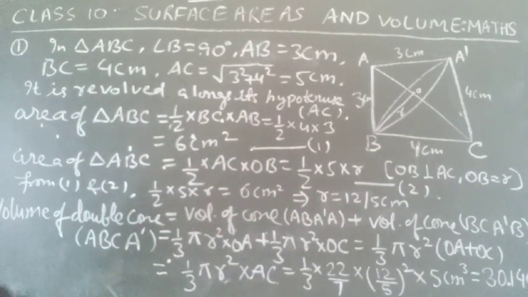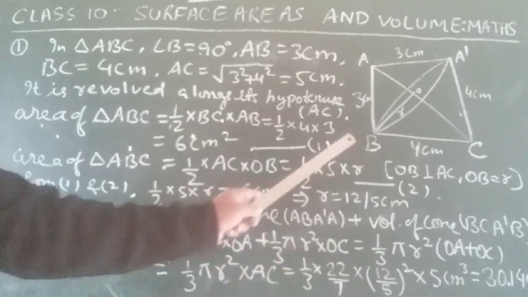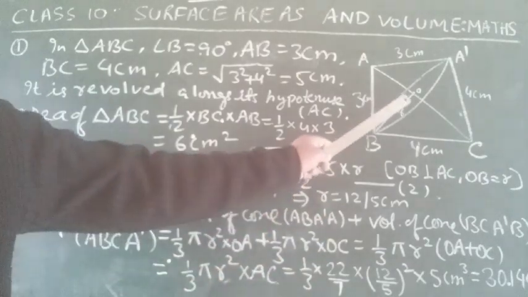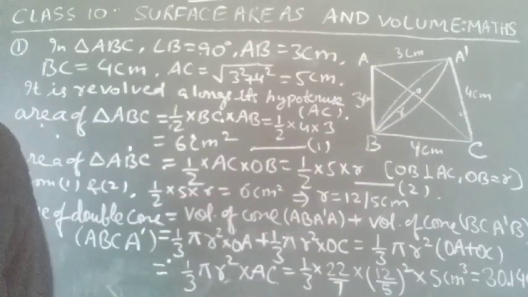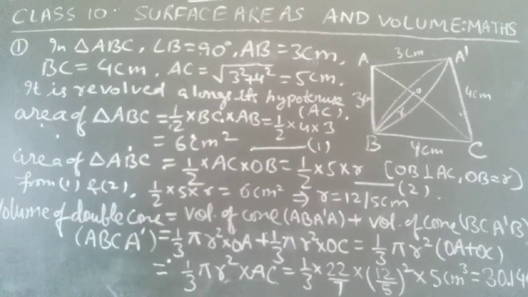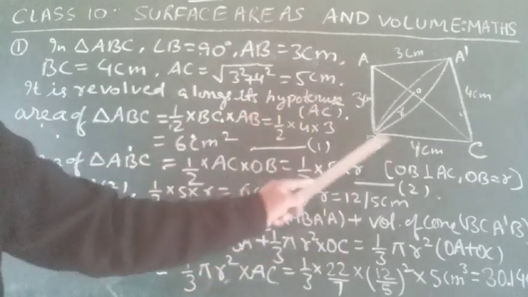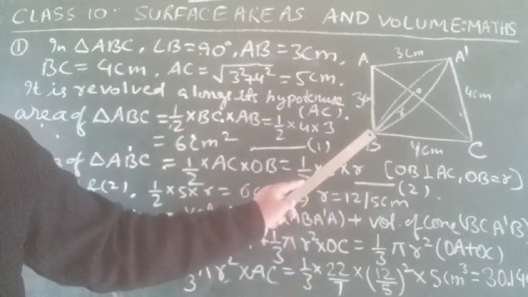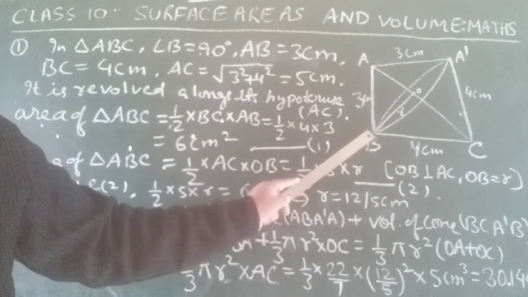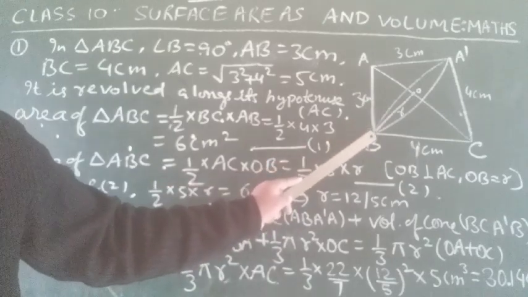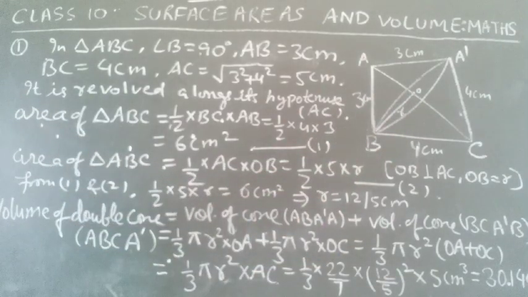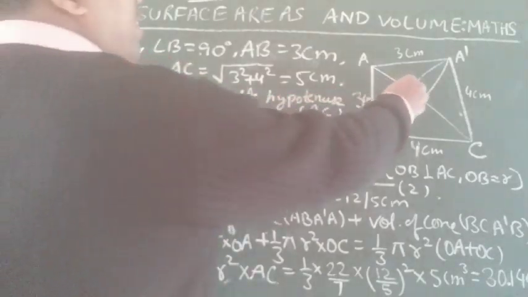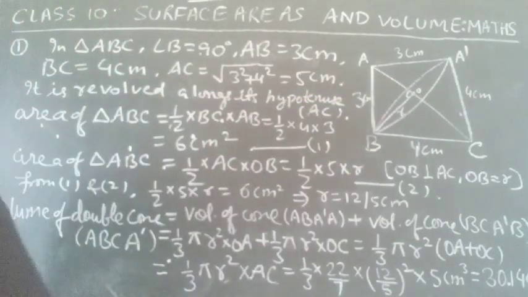Now, how could I do this? So look, from the center, if you draw the perpendicular to this hypotenuse, it will be perpendicular here. So angle BOC will be 90 degrees. Because ABC is a right angle triangle, this is angle B, that is 90 degrees. OB is also perpendicular to the hypotenuse, and this will be the radius. How could we find the length of this OB?